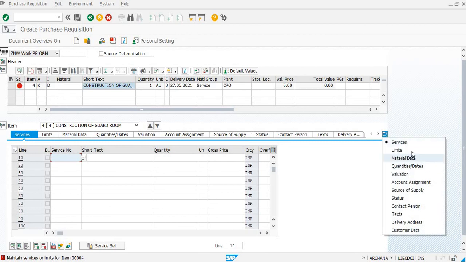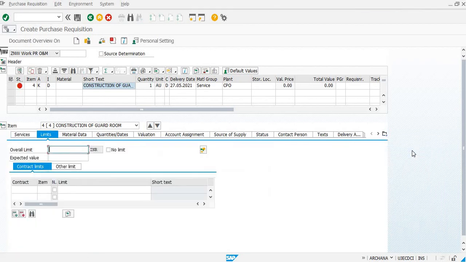Since we only know the total amount for the service, we'll create the limits. In this, we need to enter the overall limit. For example, we are taking that the total amount for construction of guard room will be 2 lakh rupees. But we are unaware of the further division of this amount.